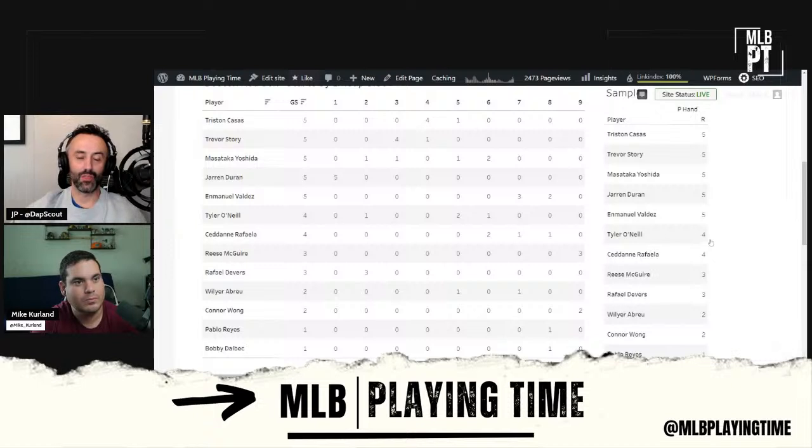Because again, Duran had 3 stolen bases yesterday. My goodness, definitely a good fantasy friendly profile. But again, if you're in a daily league, where are you playing all these people? So the good thing about Duran is that I don't think, at least over here on the site, we ever projected him to lose playing time. He started all 5 games. He's the only outfielder to start all 5 games for the Red Sox. So Duran is as safe as it gets.